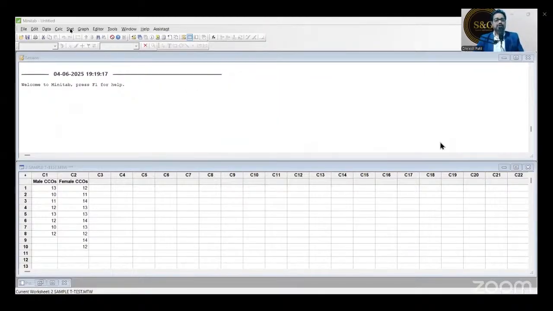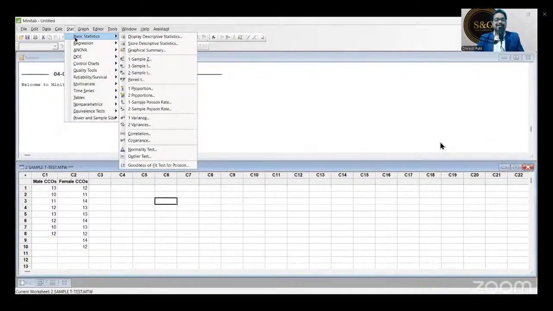How do we do that? Go to Stat, Basic Statistics, Two Sample t-test. Everybody follow this path. Stat, Basic Statistics, Two Sample t-test. So this is green belt stuff. I'm just repeating this. It is green belt stuff. Stat, Basic Statistics, Two Sample t-test. Once you click on this,